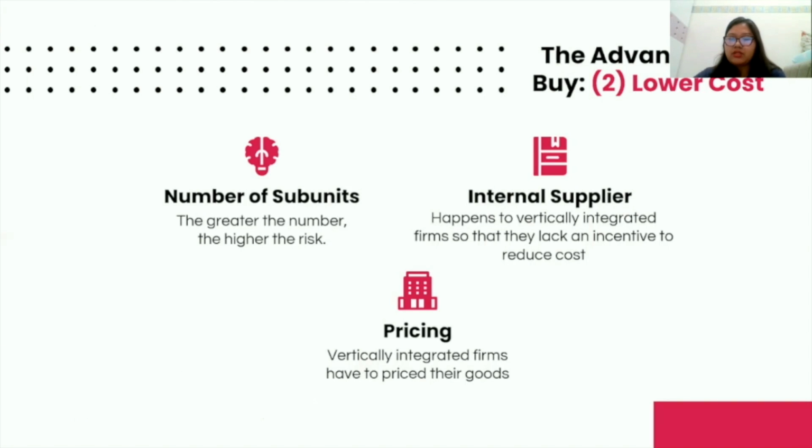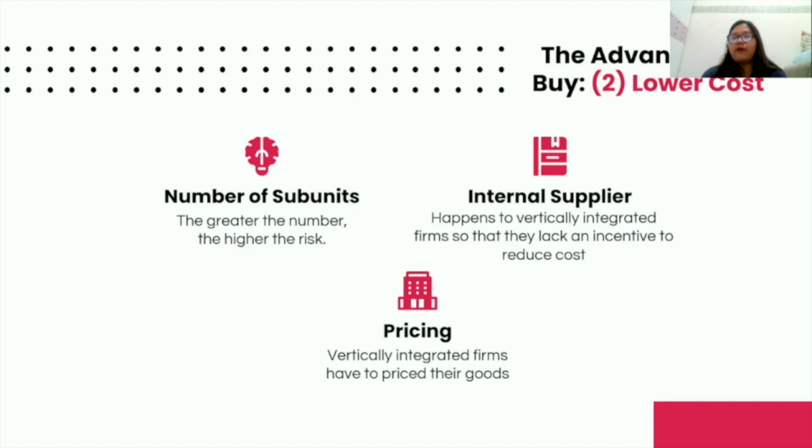So, though as already mentioned earlier, in-house production can save so much cost, outsourcing can lower the firm's cost structure as well. Making all parts of a product in-house increases the organization's scope, and the resulting increase in organizational complexity can raise a firm's cost structure. There are three reasons. The first one is the greater the number of subunits in an organization, the more problems coordinating and controlling those units. The second one, the firm that is vertically integrated into component parts manufacture may think that